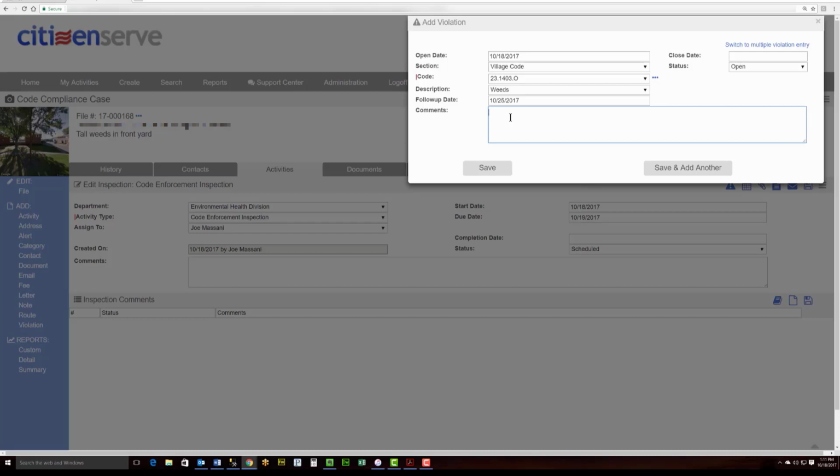If I wanted to add notes to the homeowner about what I observed, I would type them in here so that they're tied to this violation. So in here I would say something along the lines of